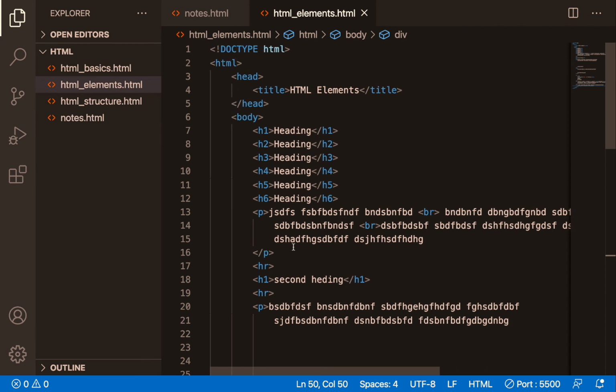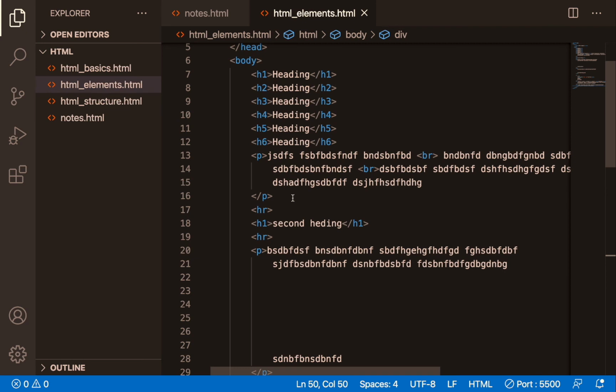So in today's session we have learned many things. One is headings. Headings go from H1 to H6, and based on your requirement you can use them. If you want a bigger heading, you can use H1. If you want a smaller one, you can use H6.